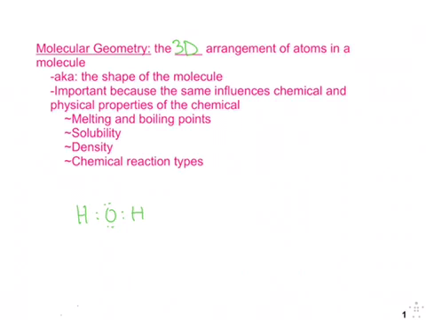So it's important because the shape influences the chemical and physical properties of that chemical, such as melting and boiling points, solubility, density, and the type of reactions in which it can take part. So basically this section will show you why this is more correct than putting the hydrogens on top. Does that make sense? Where we've said that there was a little leeway in your diagrams before, now this section will iron out those